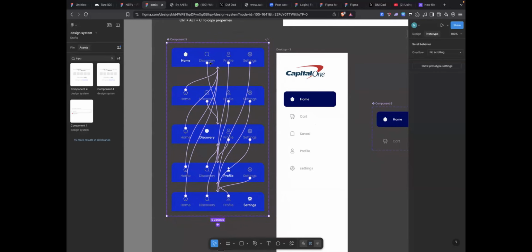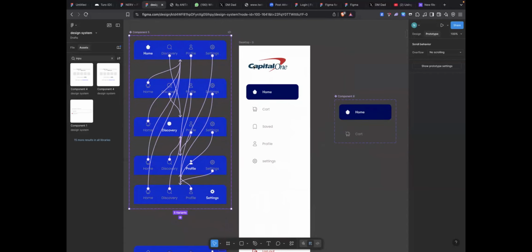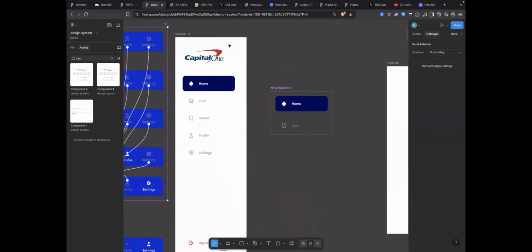When you want to design any website or anything, I can just come here, copy my component, go over to another product I'm designing and reuse it. If I want to change it, if I don't want to use this again, I will create another component for it. That's how simple it is. So you see also for this one, this is the sidebar. This is the component I use.